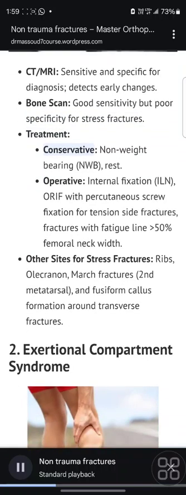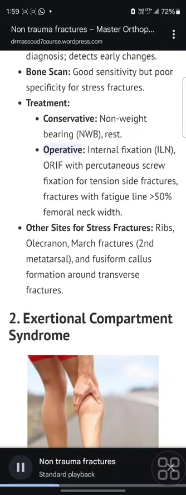Treatment. Conservative: non-weight bearing, NWB, rest. Operative: internal fixation, ILN. ORIF with percutaneous screw fixation for tension side fractures, and fractures with fatigue line greater than 50%